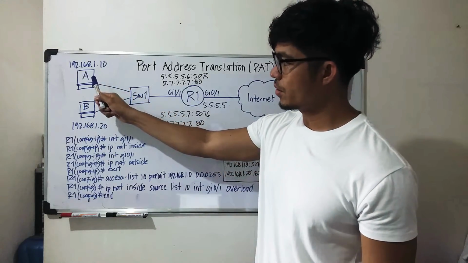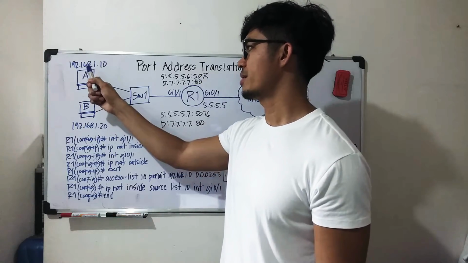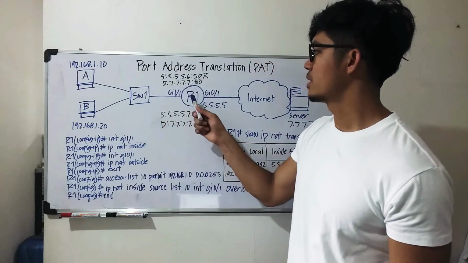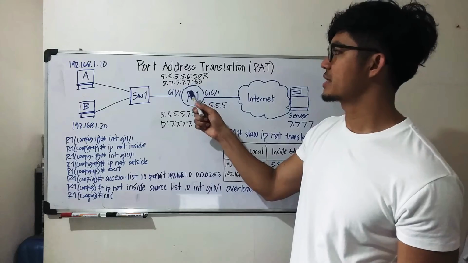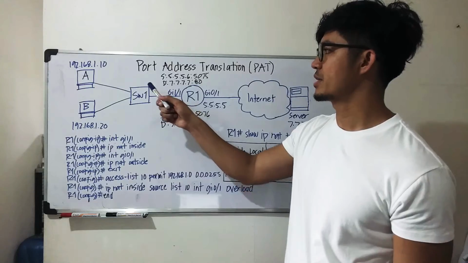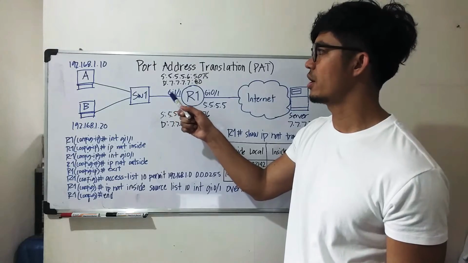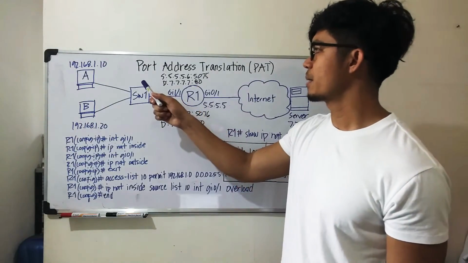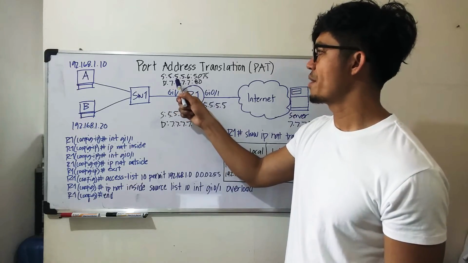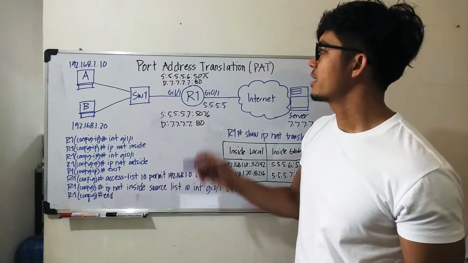Its original source IP will be 192.168.1.10, but R1 is gonna translate that IP address into a public IP address, because that private IP address is not routable on the internet. So it's gonna be, for example, this IP address. This is a public IP address, 5.5.5.5. So PAT, like I said, is gonna track